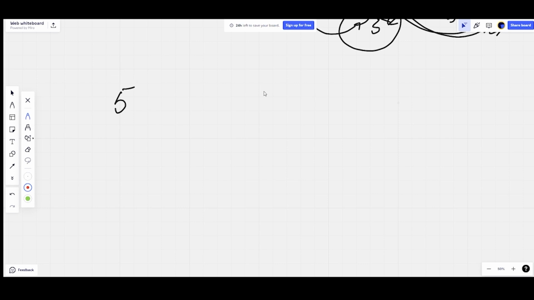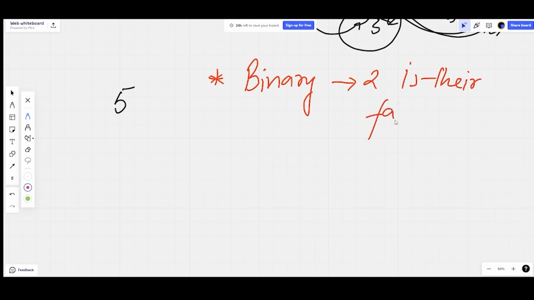One point you can note here is that for binary, 2 is their favorite number. Why? I will tell you right now. When you have any number, let's say 5, first I will divide it by 2.